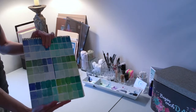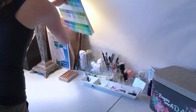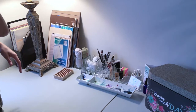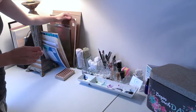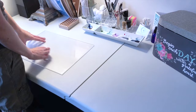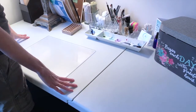I never reference this, but it was really, really informative and I kind of love it. So I might get back to doing that with my professional paints. I just haven't gotten that far yet. And then this is my big paper. This is the cutting board that I use to paint on top of sometimes because it's easier to clean this smooth surface than